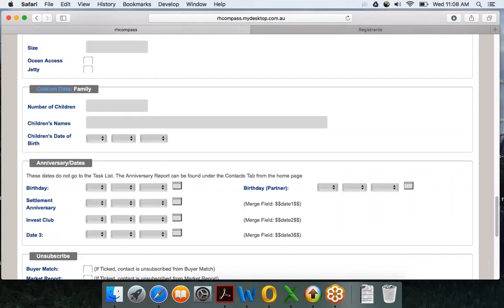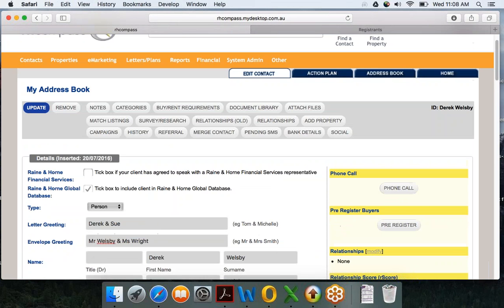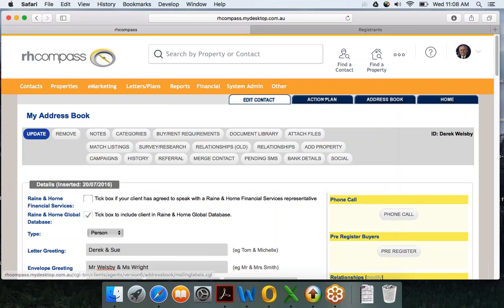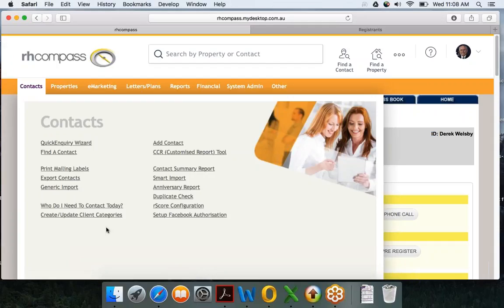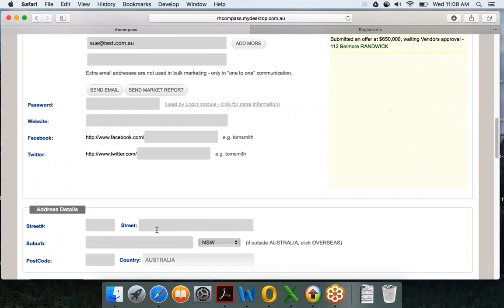You've got your anniversary date, so your birthdays, settlement anniversaries and things like that you can define. You can come back in there and generate that information. Across the top, if you're setting anniversary dates, under contacts, you've got your anniversary report there as well. So you can actually generate a report for that month or that year or a date range based on those